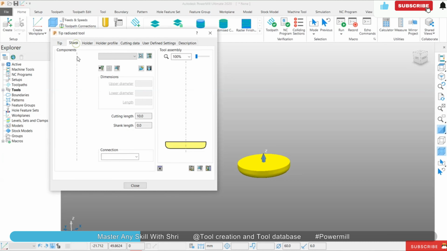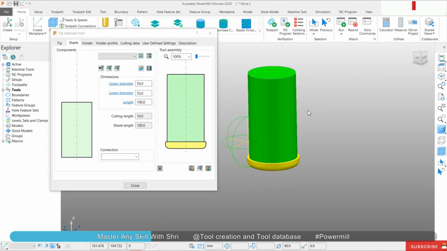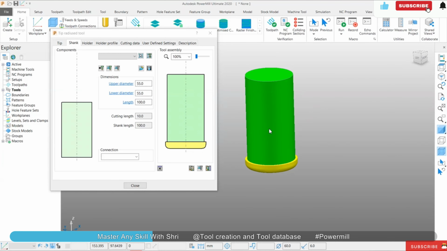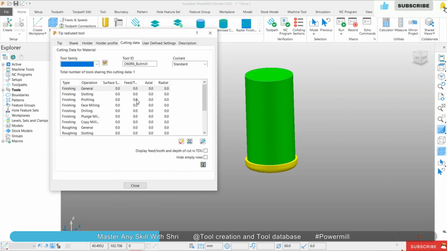So now I want to add the shank, so click here to add a new shank, and the dimension of the shank is upper diameter 55 and lower diameter also 55, and length is 100. So this is my tool, and if you want a holder, we can add the holder from here. And from here in cutting data,